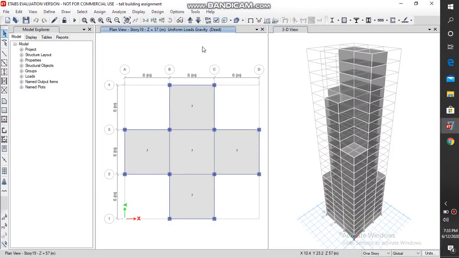And then we come to the fourth step, which is nothing but analyzing. Ensure that, okay, this is not necessary, but let's do it. Then we go for analyze and let's begin. It takes a time as the number of stories are more, right? So it takes a while.